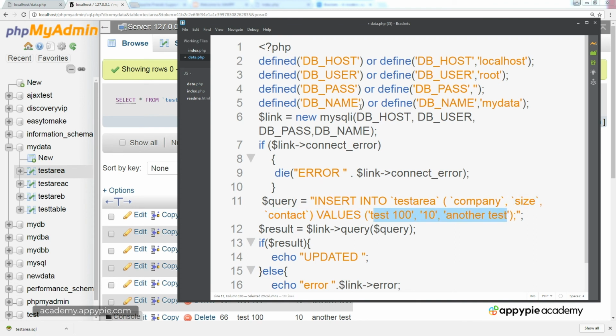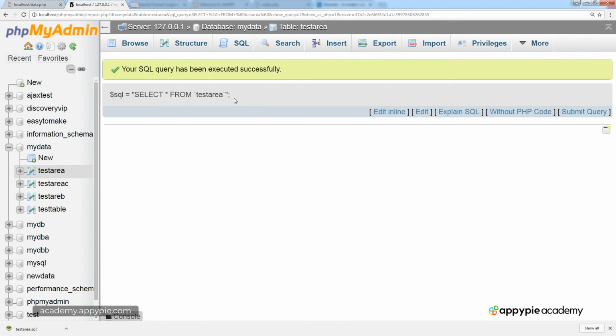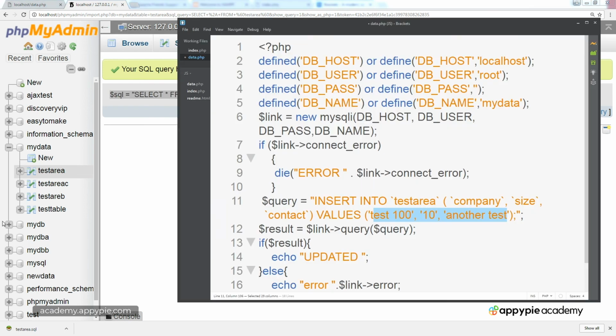So you can do the same thing that I did, and that's one of the really cool things about phpMyAdmin. Whenever you run any kind of query in it, it actually outputs the query values here, and sometimes I'll go over to here and take that as PHP code, and I'll do SQL, select all from test area, and we can just simply grab that as SQL,